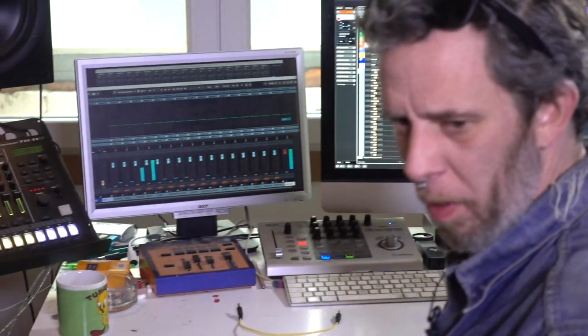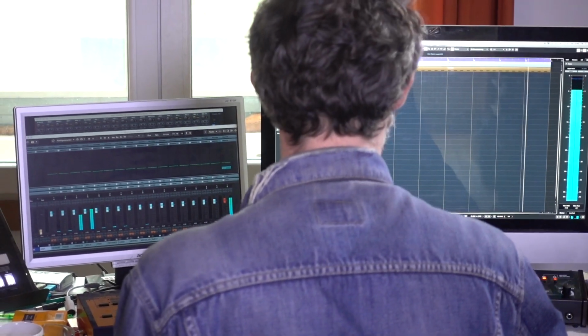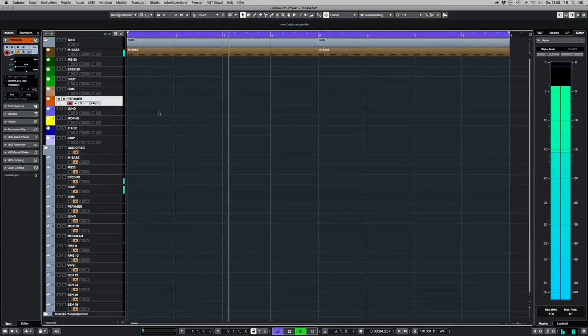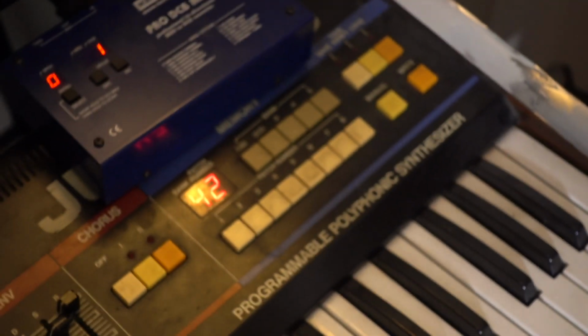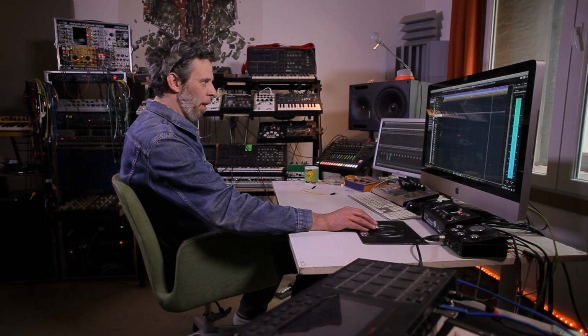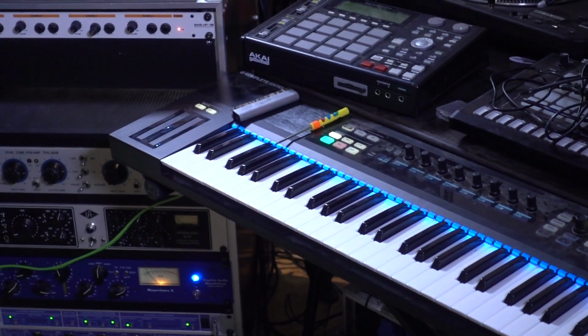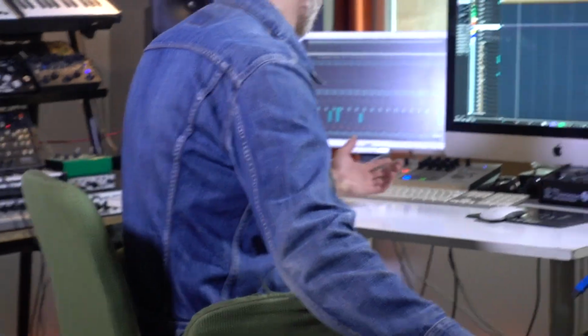Let's say we wanna add the Juno, which is always good. I already have the Juno prepared on that template that I always start with. I have the chance to play it via the MIDI keyboard, or I have the chance to play it on the real keyboard. But since I'm sitting here, I want to play it from here. And we just do a simple